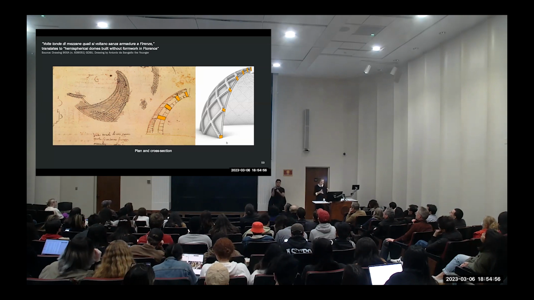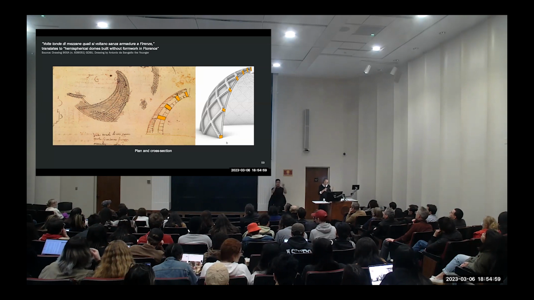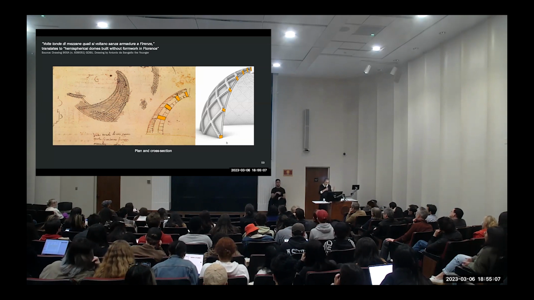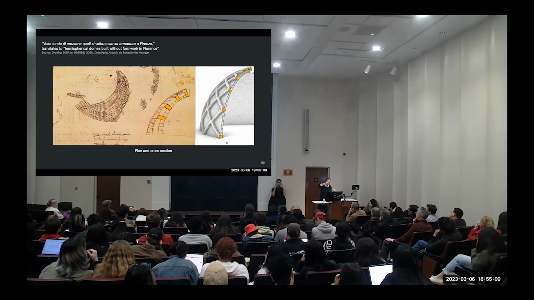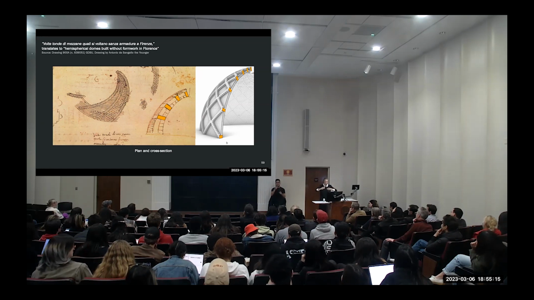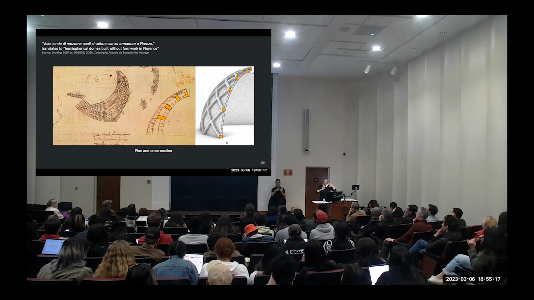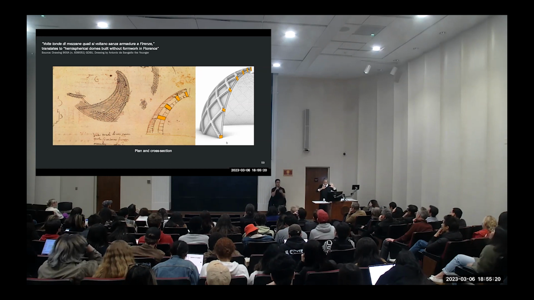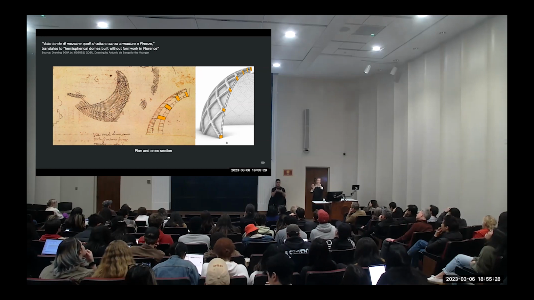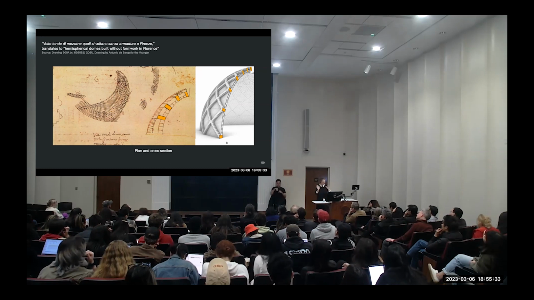On the left-hand side, we see part of a plan of a dome, a circular dome. And on the right-hand side, we see a cross-section. In the plan, you see two things. One, you see these kind of spirals going like this, and you also see the radial lines of the bricks. On the cross-section, you see that actually it's a double dome. Double domes are always good for earthquakes. As you can imagine, if you can build the first dome, the interior dome, then you can use that as kind of formwork and scaffolding to build the outer dome. So we were just interested in how he could build the inner dome without scaffolding.